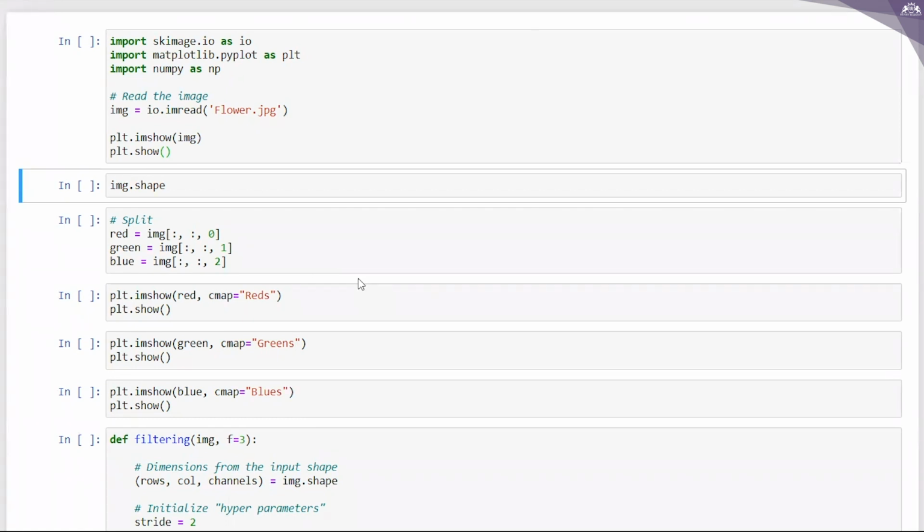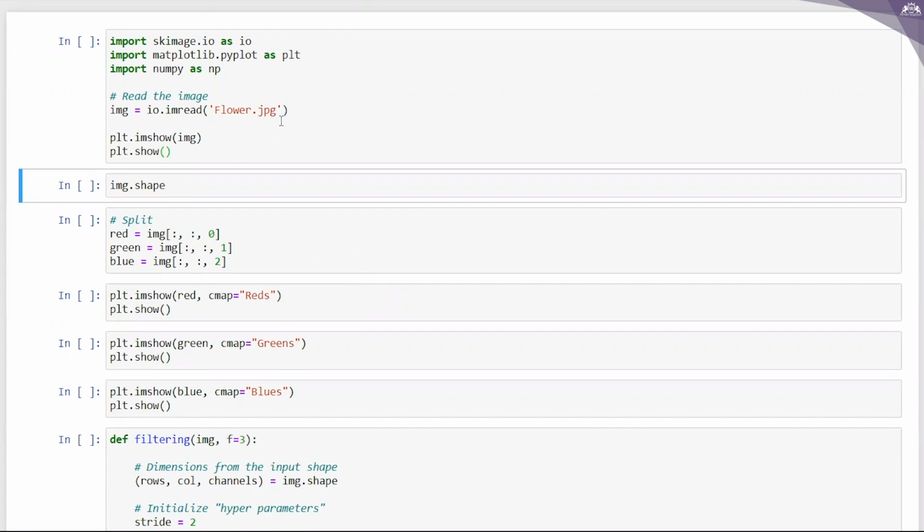In this case, I am using skimage, which is the scikit package for images, and I have used io, that is input output, and we are importing it as io. Then I'm using matplotlib.pyplot as plt, which we will use for all the plotting functions. Then we are also using NumPy for intermediate calculations.